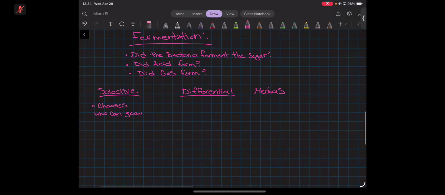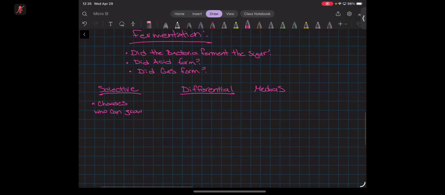It contains ingredients that inhibit certain bacterias. And then differential shows